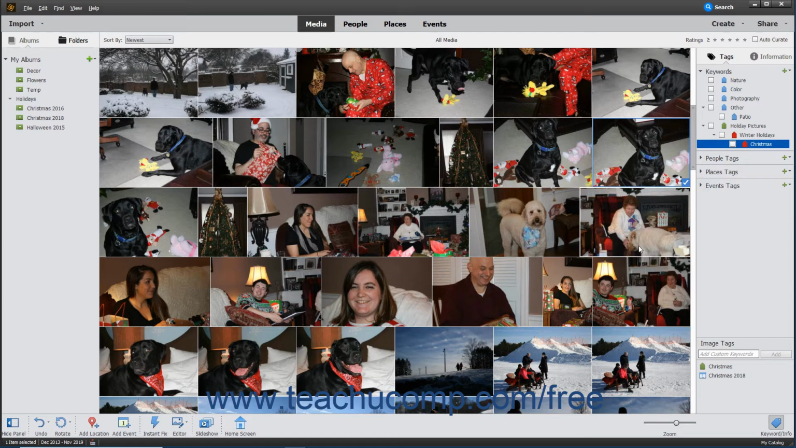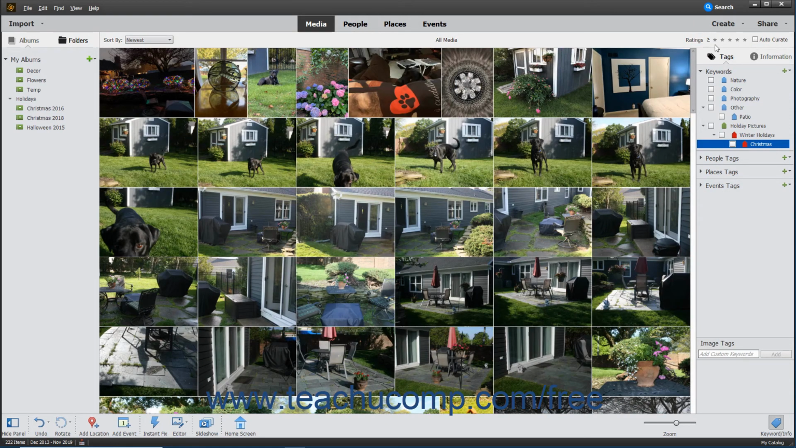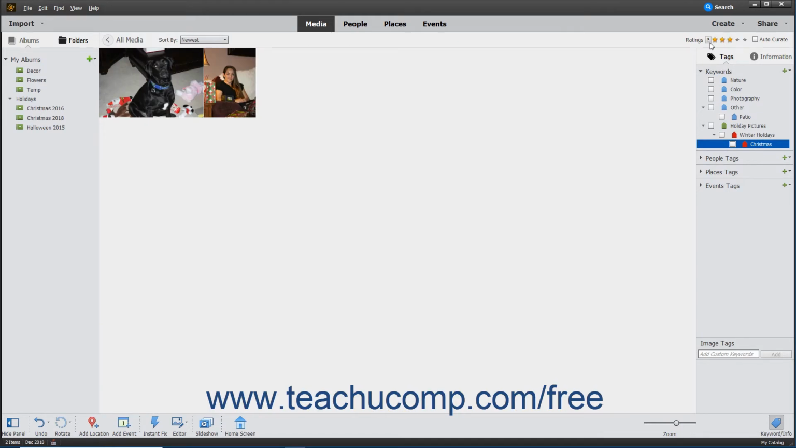After assigning ratings, you can filter for those images by clicking the desired comparison operator and then clicking the corresponding star above the Tags panel. Remember that you can switch back to All Media by clicking that button in the upper left corner of the